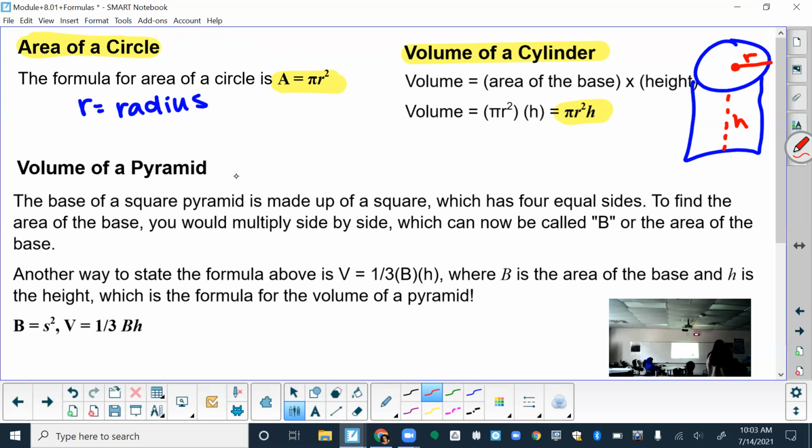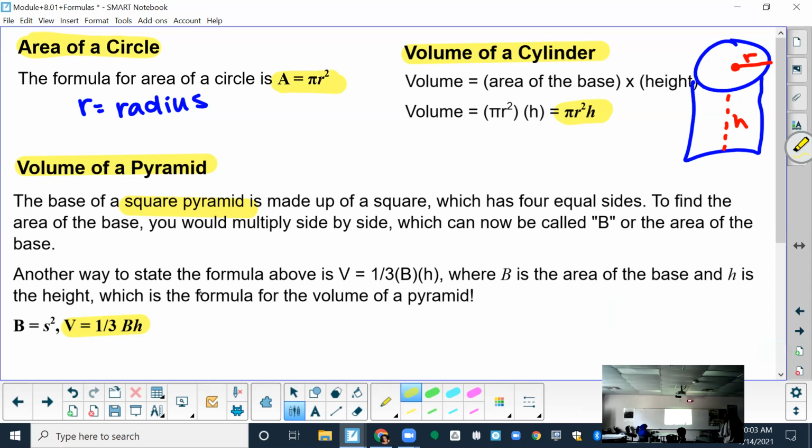Volume of a pyramid, and there's a few different formulas for volume of a pyramid. This time we are looking at just square pyramids. So volume of a pyramid, and we're talking about square pyramids. For that, we're going to use this formula down here. But be careful not to confuse that B with base. All right, so that capital B is going to be the area of your base, which since we're doing a square,